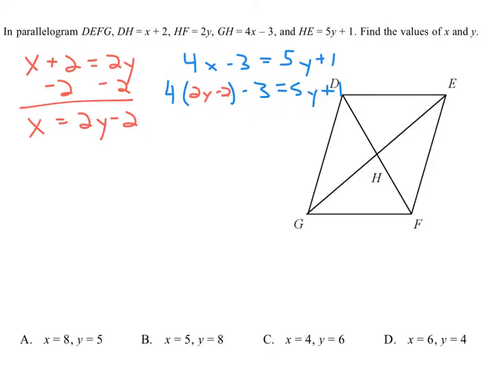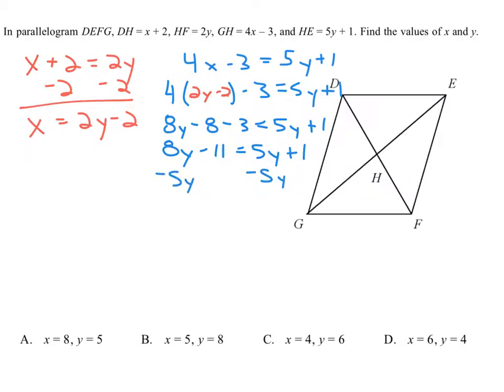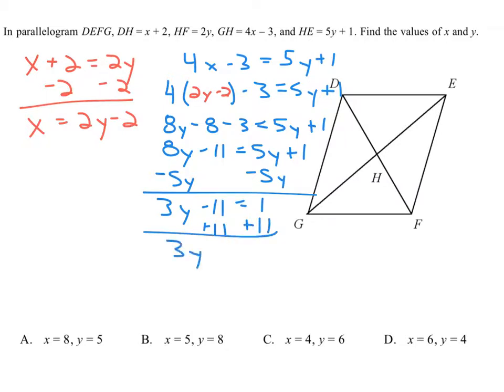So we can then simplify it out by distributing here, this times this, and this times this, and we get 8y minus 8 minus 3 equals 5y plus 1. Okay? Combining like terms, we get 8y minus 11 equals 5y plus 1. And I'm going to subtract 5y. And we get 3y minus 11 equals 1. Let's add that 11 on to move the constants to the right-hand side, and we get 3y equals 12. Dividing by 3,